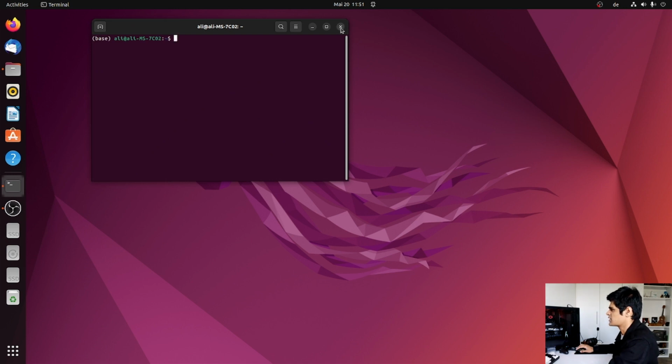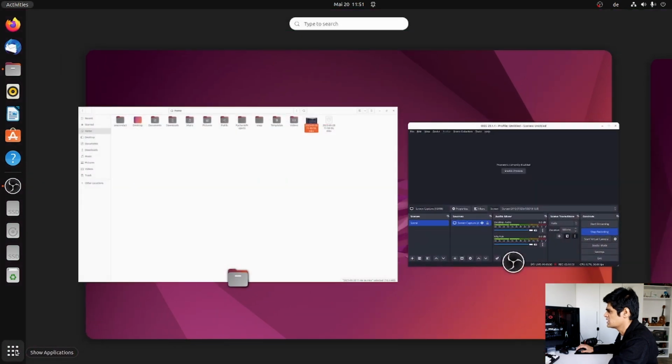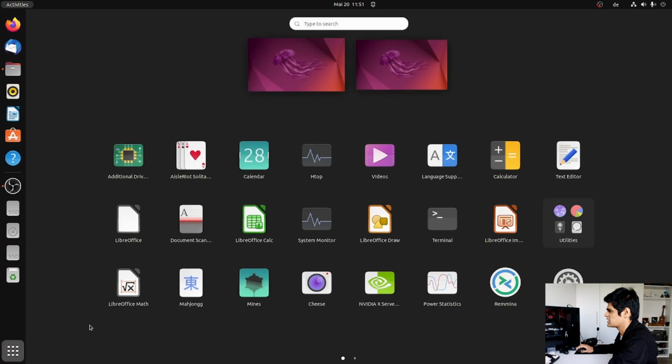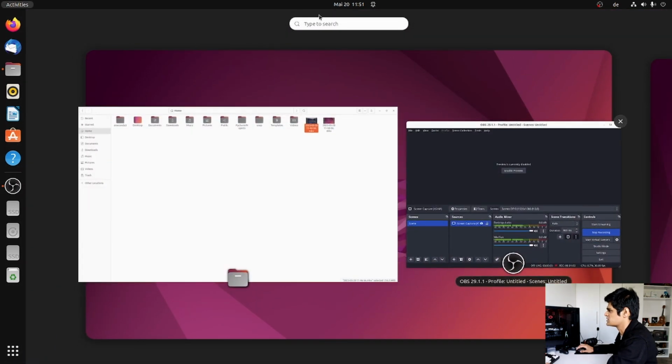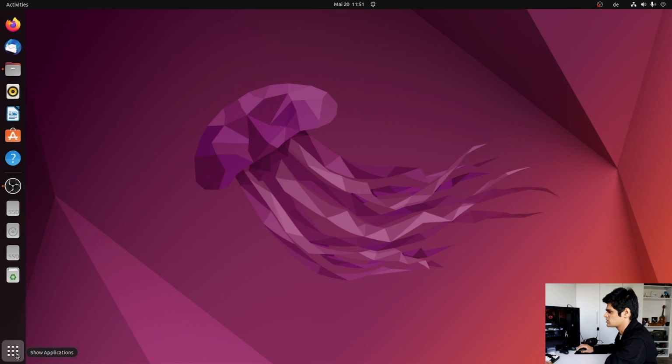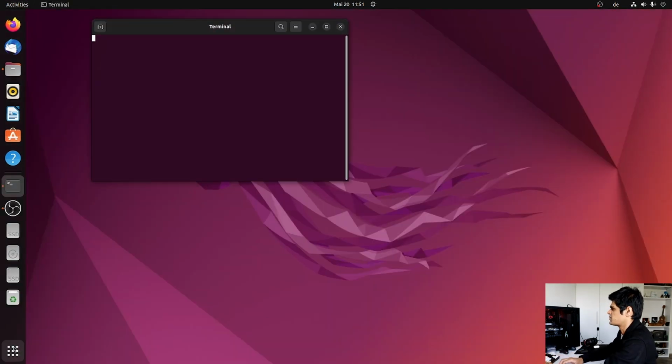And if you are working on Windows in the virtual machine, this shortcut might not work. So you can just click here or just press the Windows key and it will bring all the apps. If you click here, it will bring all the apps. And if you just click the Windows key, it brings this search menu. So once you click here in the app, you can type terminal and it will pop up